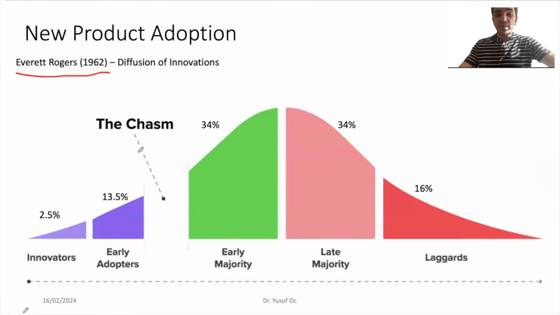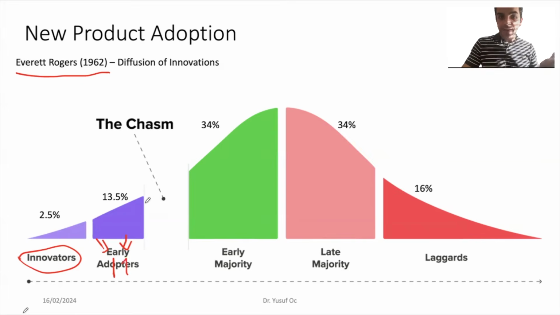So what Everett Rogers said is that when there is a new product in the market, there are people he called innovators. They are okay to try this product, and they generally represent 2.5% of the overall population or market size. And then when these innovators use this product, early adopters see that product from them, and they start using those products. So early adopters need further proof, further confirmation from those innovators. And if a product can reach this segment and can jump over this chasm to reach the early majority, then there is a high possibility of them surviving in the market, right?